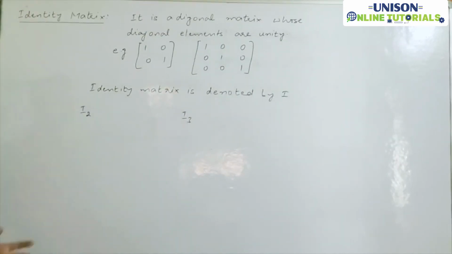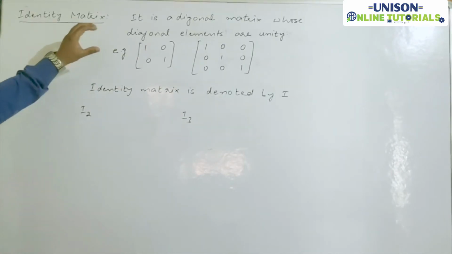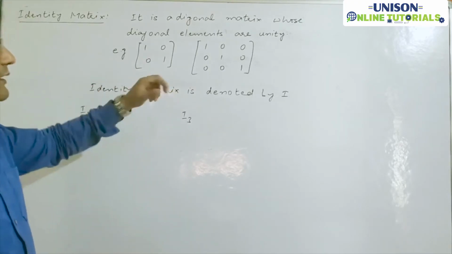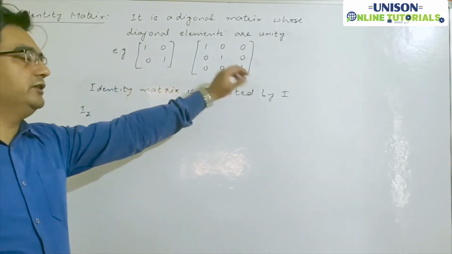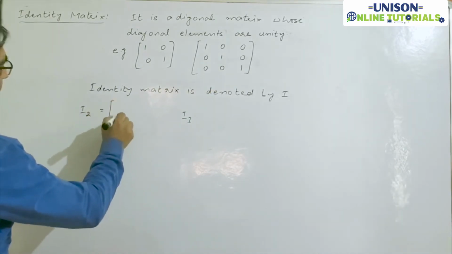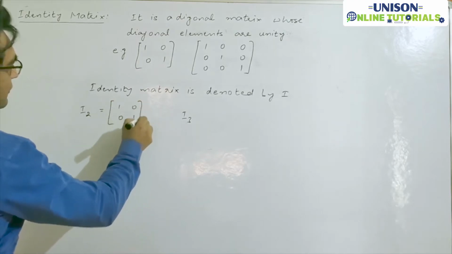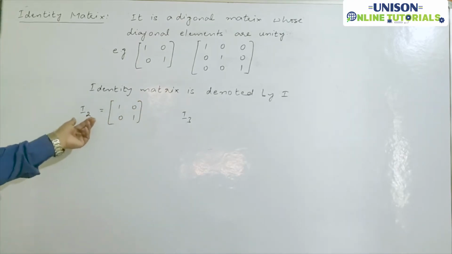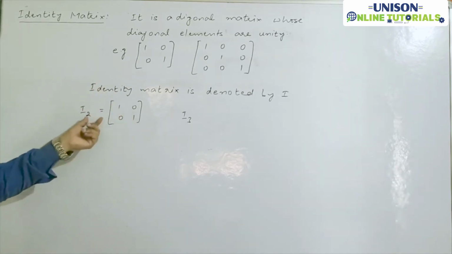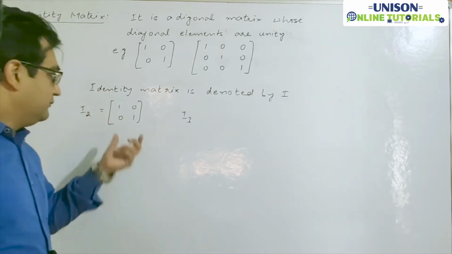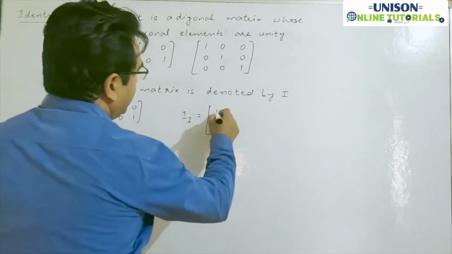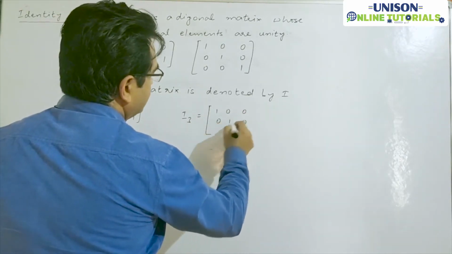Now what is I2 and I3? Since diagonal matrices are square matrices, तो ये क्या ऑर्डर है इसका? 2 क्रॉस 2. इसका ऑर्डर है 3 क्रॉस 3. तो अगर I2 है, I2 का मतलब ये है कि I2 is the identity matrix of order 2. So that means it is a square matrix of order 2 whose diagonal elements are always 1. So I2 is represented for second order matrix और I3 लिखते हैं हम थर्ड ऑर्डर आइडेंटिटी मैट्रिक्स के लिए 1 0 0, 0 1 0, 0 0 1.